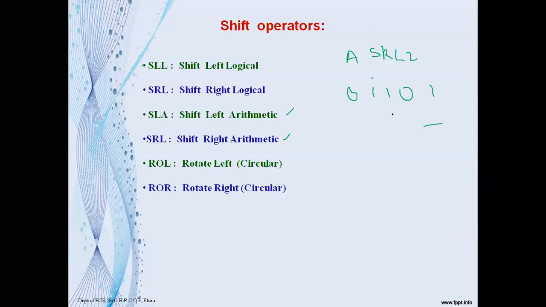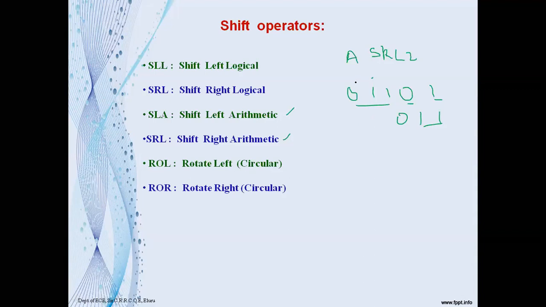So when you are shifting the bits right by 2 times, the value you are now getting is 0 1 1. Is it right or wrong? Because these three will come here, these 3 positions, because these two are shifted right. So this 1 is shifted here, again 1 is shifted to here, and 0 will be shifted because of your shifting right by 2 times. And what about the vacated bits here? There are 2 positions vacated and these are filled with